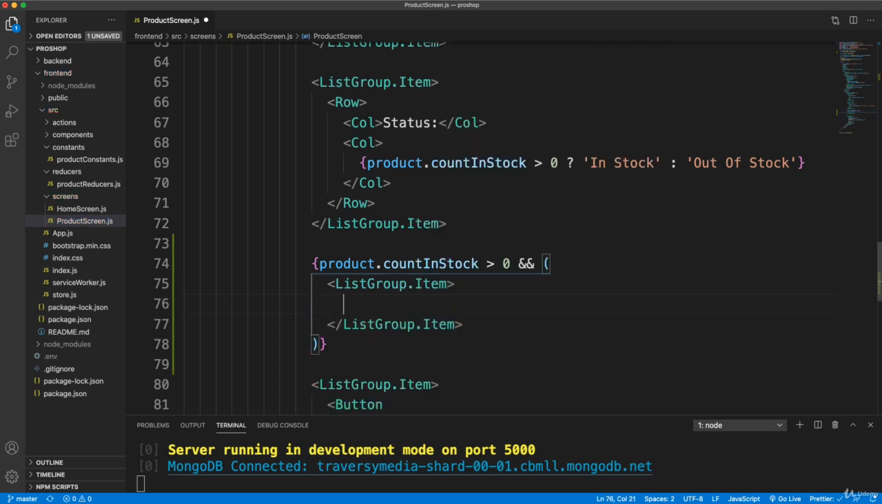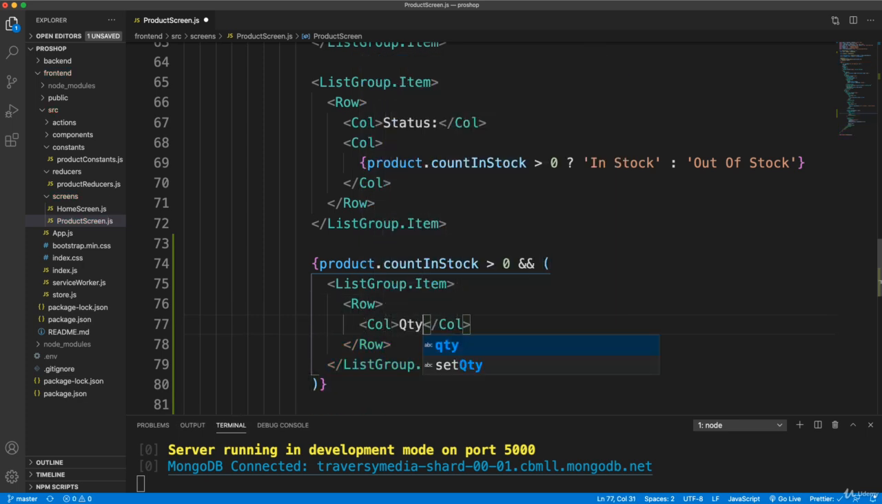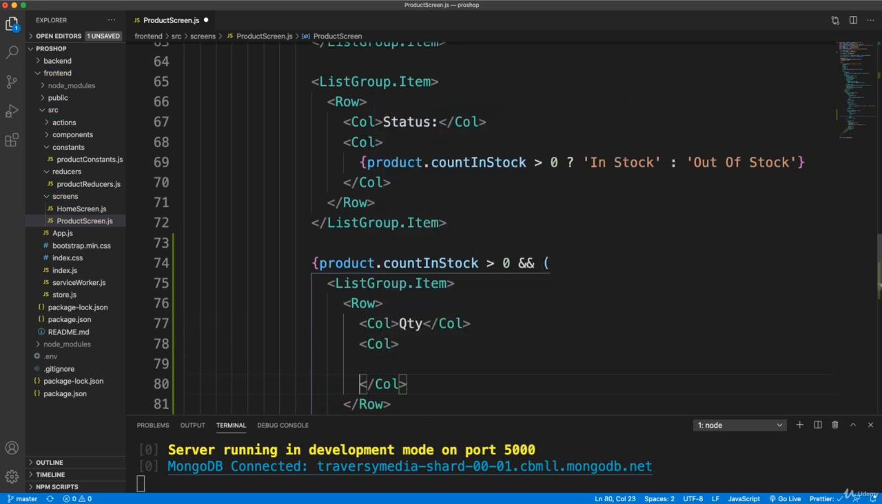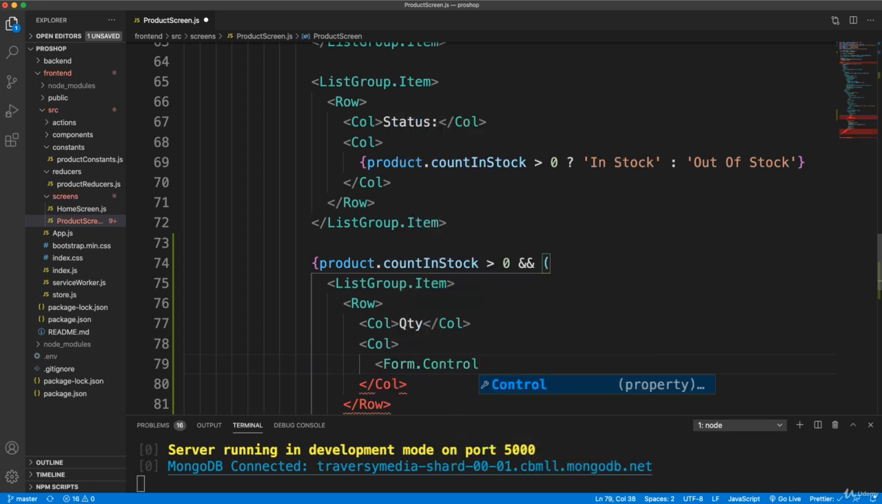and in this list group item we're going to have a row, we're going to have a column with the label, so Qty, and then under that we'll have another column, and in this column we're going to do a Form.Control, and this is going to have a few props. So we're going to do as a select, because we want this to be a select box. The value